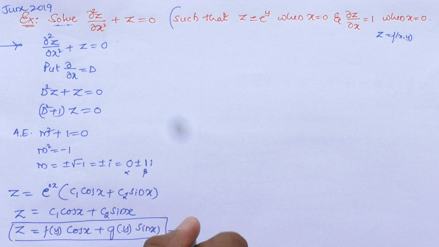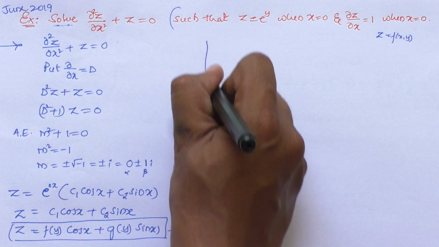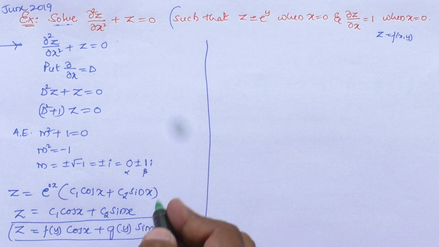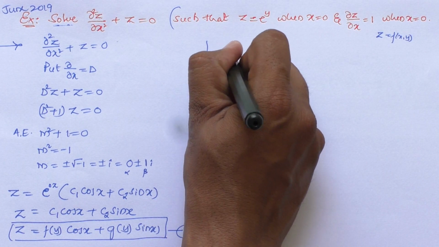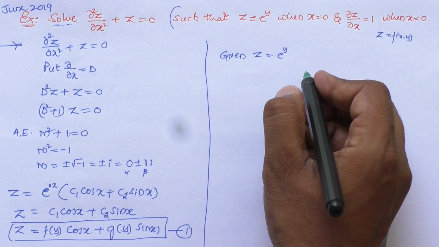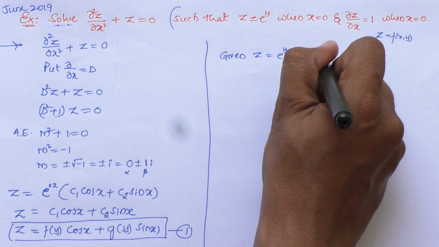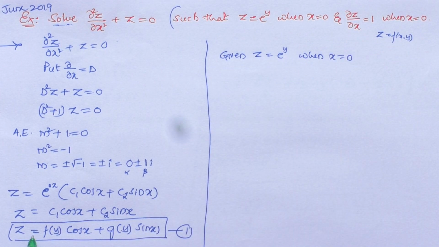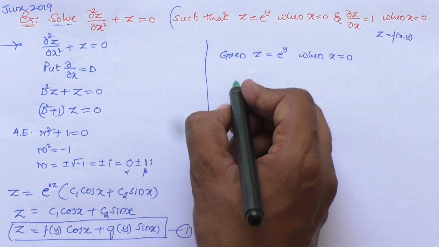So this is the general integral, we call it the general solution of the given problem. But along with this, in this problem the conditions have been given. So here given z equal to e raised to y when x equal to 0. So substitute this in 1. So z is e raised to y